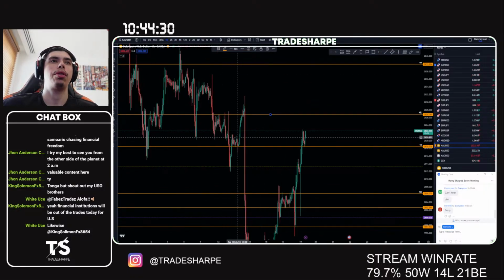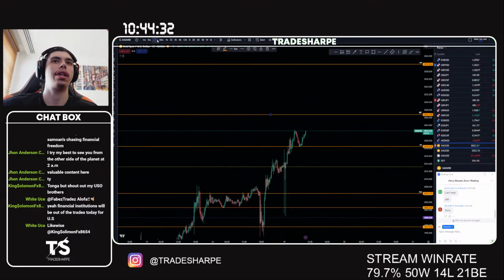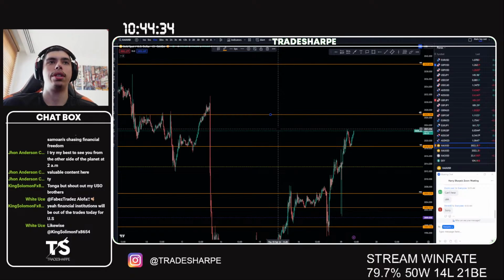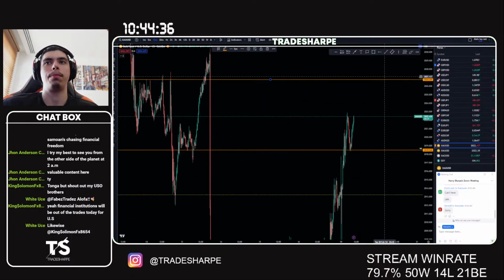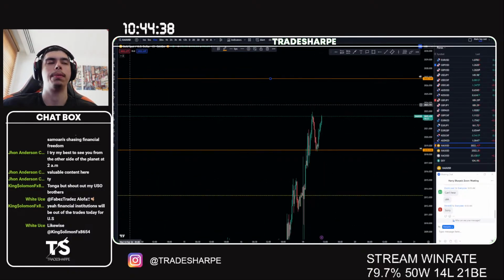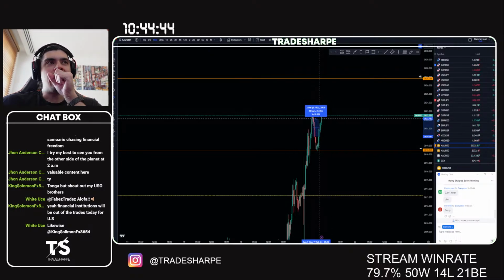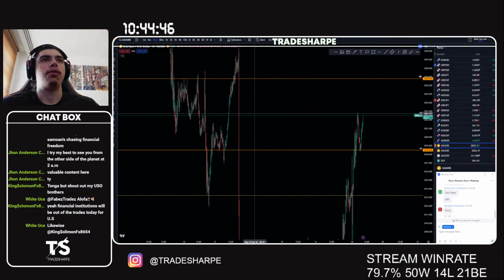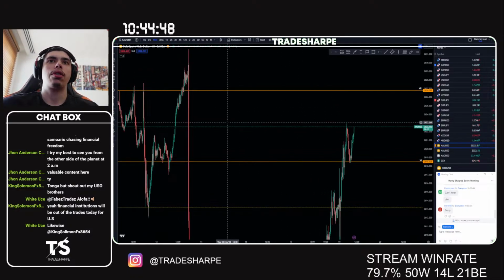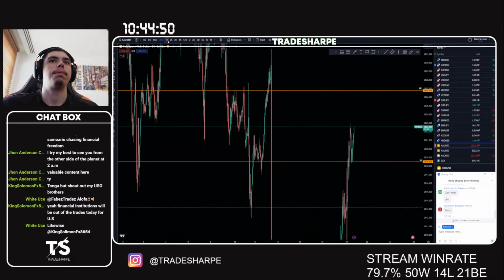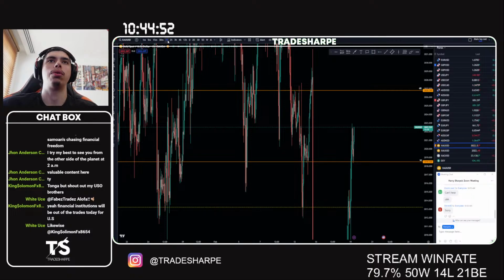I'm not personally going to be trading gold today because it is bank holiday. Although there seems to be great volume in terms of price pushing during Asian from down here. How much of a push did that give? 25 pips. Not bad at all. So there seems to be volume here. And this does look like a very clean zone here. Let's have a look at what's going on here on gold.